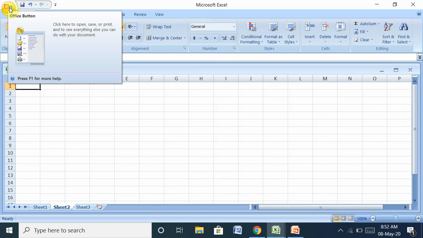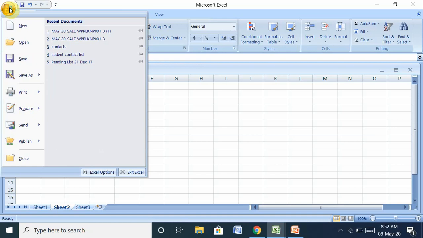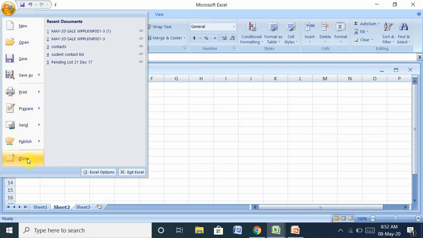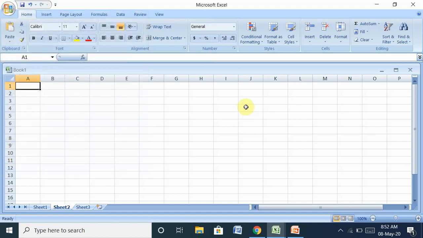If you select the Office button, then you see New, Open, Save As, Print, Prepare, Send, Publish, or Close. These keys are used to operate your spreadsheet program.